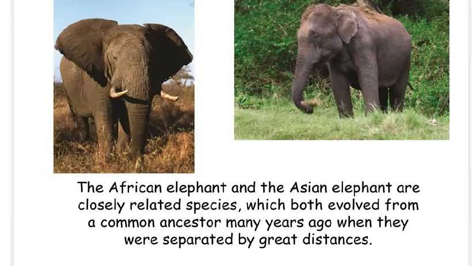Sometimes 2 different groups of the same species can gradually change over time in different ways. This may form new species. Biologists have explained this process in 3 steps. Firstly, the populations become separated by some kind of barrier. This could be geographic, such as a mountain range, a river or sea, or it could be behavioural, such as